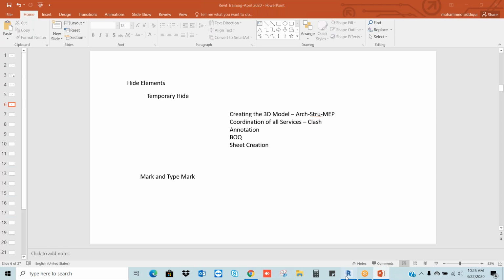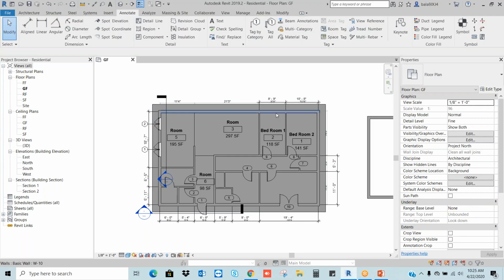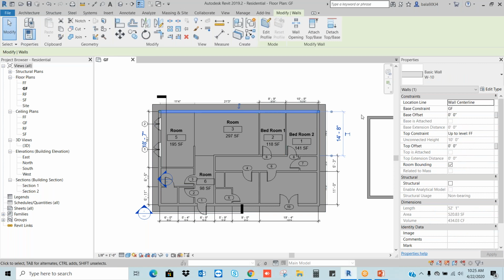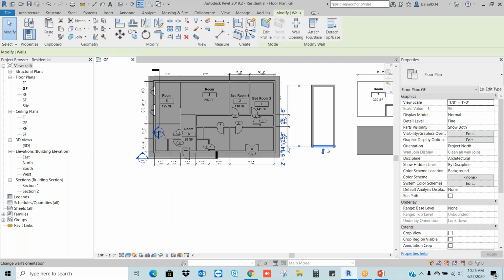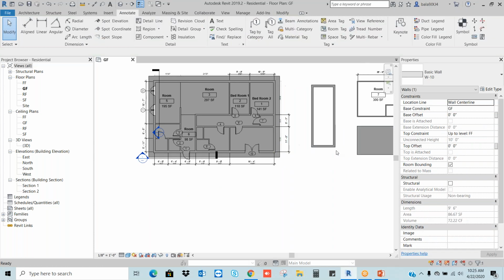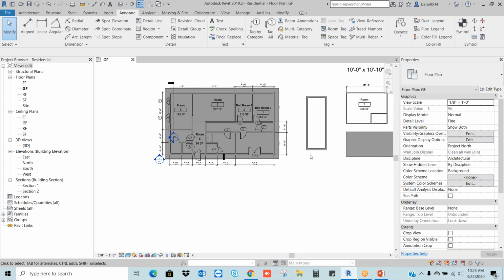Before discussing this, we should understand what the category is and what the type is. Category means it's a layer, right? Type means a different size in this layer.